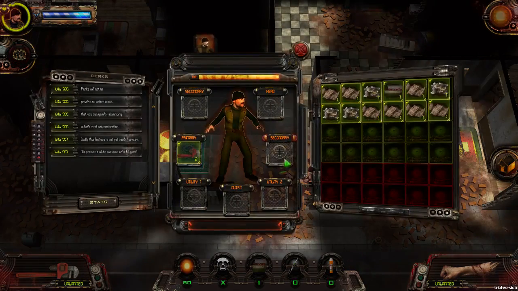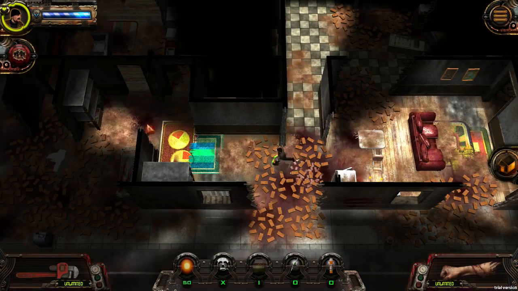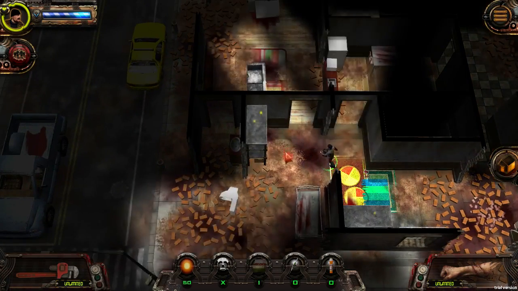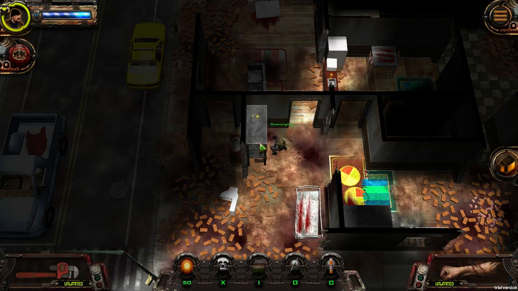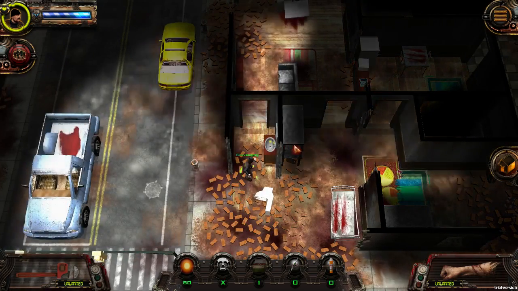How much supplies do I have now? Got a lot of wood, not got as much metal. If I get more metal I'll be able to make some proper defences rather than just some wooden barricades. So we'll see what we can do. Metal scrap, excellent. We'll check this house, then we'll go back to the hotel and I'll start fortifying it so